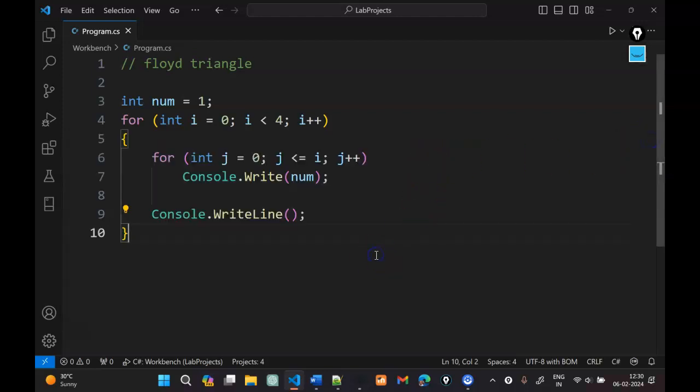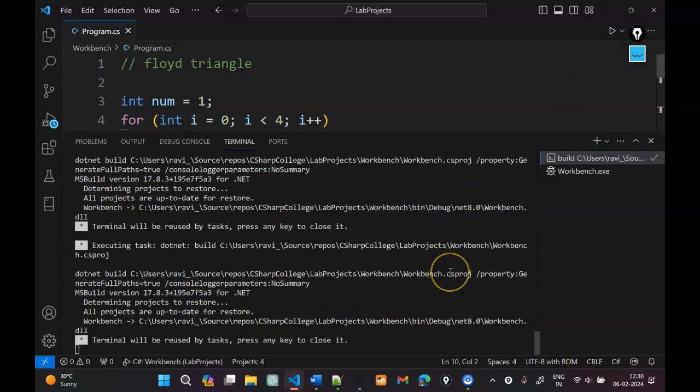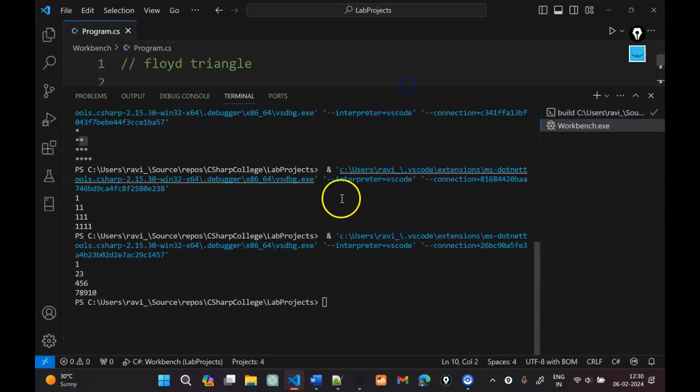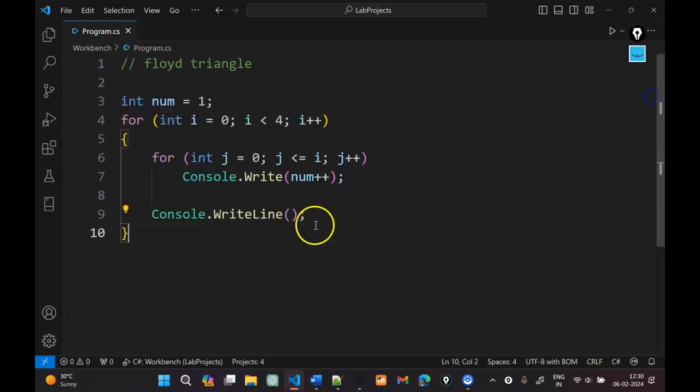But then I wanted it to continue. The natural numbers have to continue. We need to not repeat it. So all I had to do is just plus plus, or I could have probably incremented it elsewhere in the loop also. But here I'm using the post-increment operator plus plus, thereby still getting this. But if you notice the last line, because of the involvement of a two-digit number, 10, the spacing is not all right. So we need to space it to